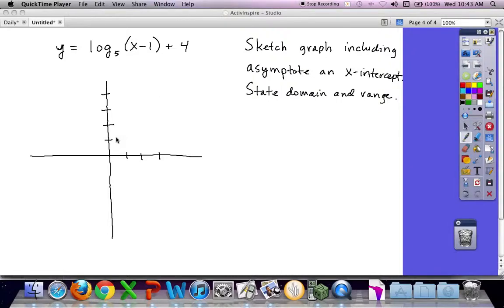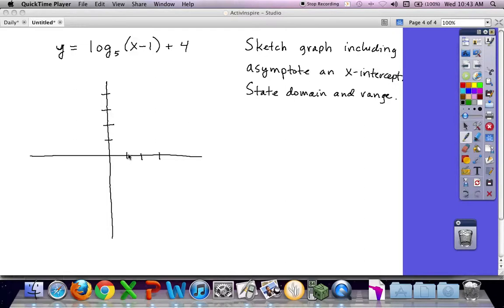Okay, here's a logarithm function that has been shifted by subtracting 1 inside the function and by adding 4 after the function. So we need to know first, what does the basic logarithm function look like? And then how do these change the graph? Right, the basic logarithm function has an asymptote at x equals 0, right on the y-axis, and it has an